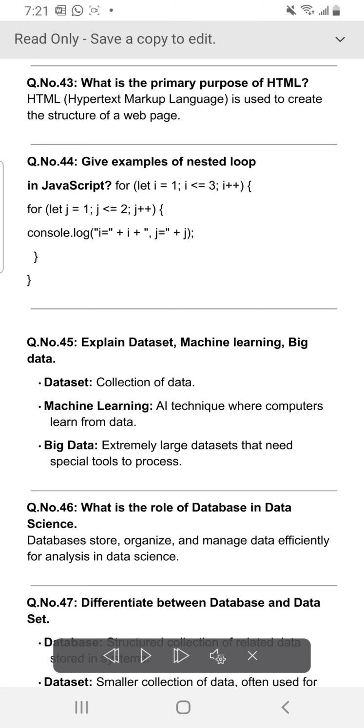Q. Number 44. Give examples of nested loop in JavaScript. for (let i = 1; i <= 3; i++) { for (let j = 1; j <= 2; j++) { console.log("i = " + i + ", j = " + j); } }